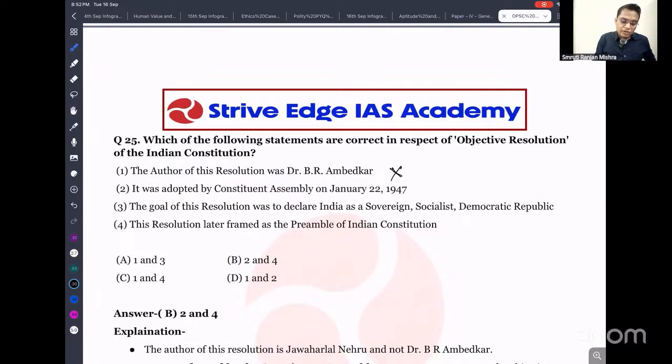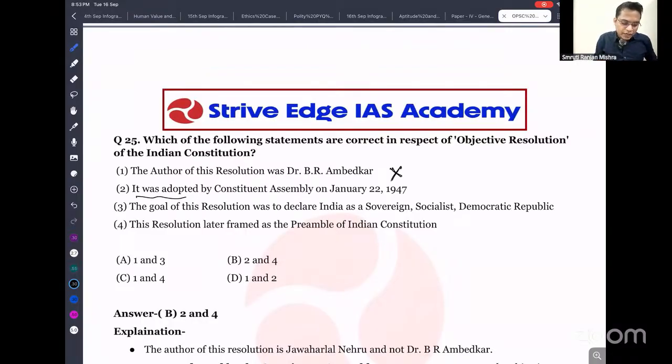So like that, you have to mark tick and cross for each option at the end and then answer it. Otherwise, you will commit a lot of mistakes, because OPSC nowadays is asking questions in a very tricky way. So if asked which of the following are not correct, first select which one is correct and which one is not correct. Then only will you be able to answer properly.